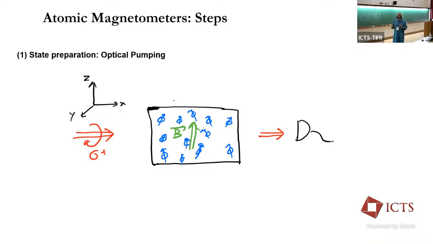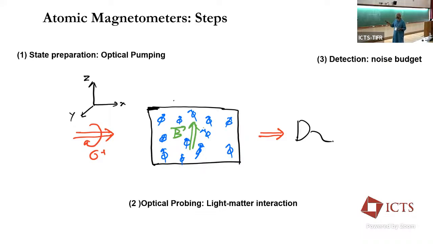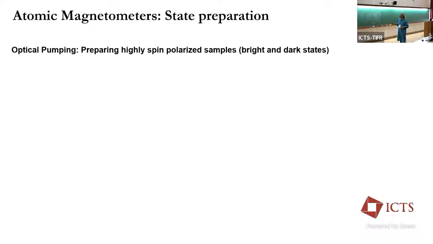So as a result, if one is building a magnetometer in the lab as an experimentalist, there are three steps one would think of. One is that one would first prepare the sensors. So actually state preparation, or optical pumping is the technical term for it. Then there's optical probing. This is where the light-matter interaction comes in. And this matter is also going through the magnetic field precision. And then there's detection, where one needs to be very careful about what is the necessary noise budget and so on. So let's start with the first basic thing, optical pumping, which we already heard.